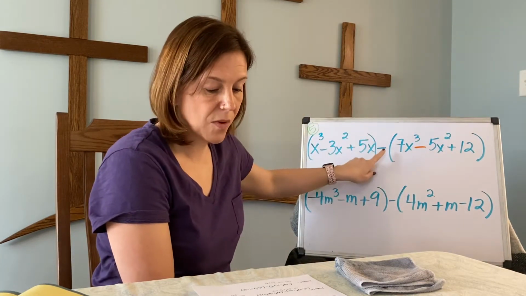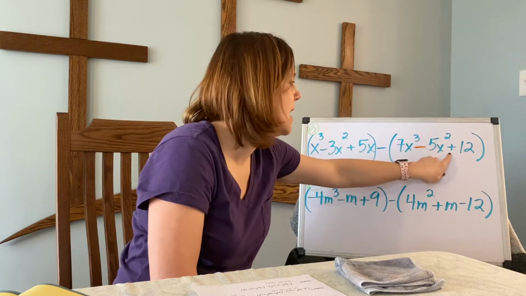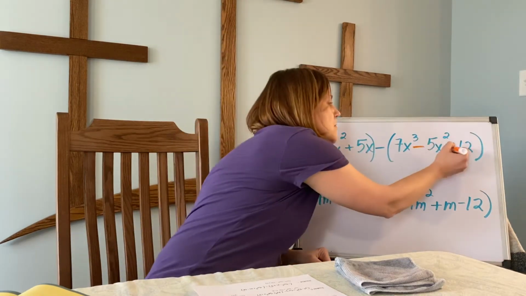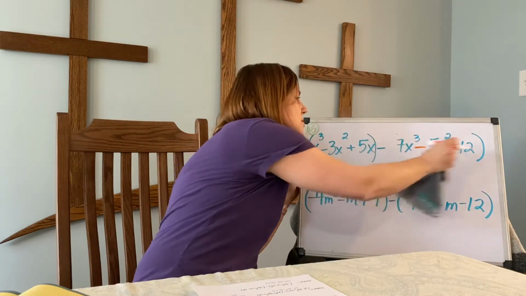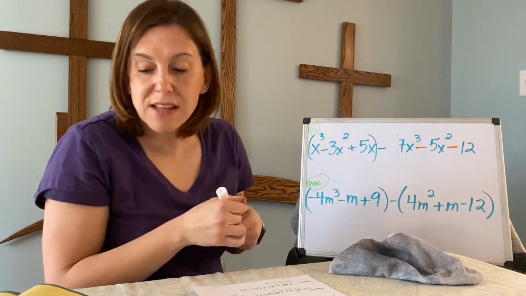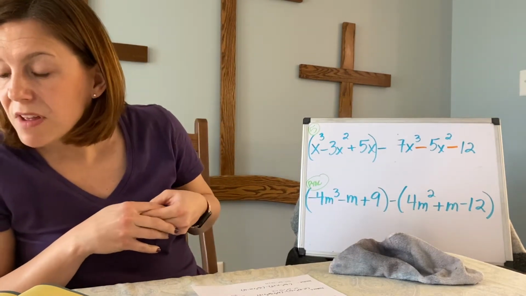Same thing for this one. If I go ahead and I subtract positive 12, that's going to become subtraction. And now I can go ahead and erase my parentheses so that I was subtracting that entire quantity and they were originally all positive. So